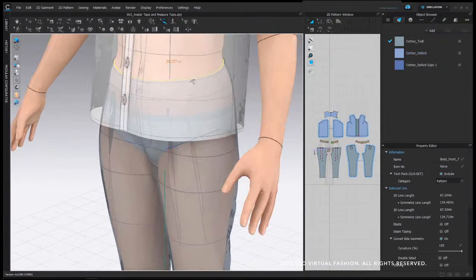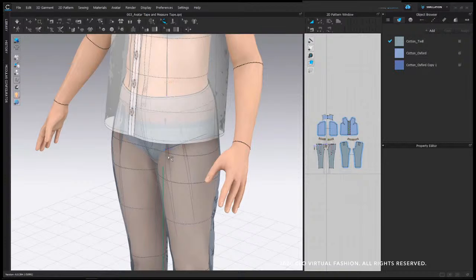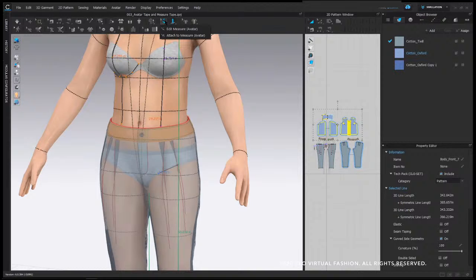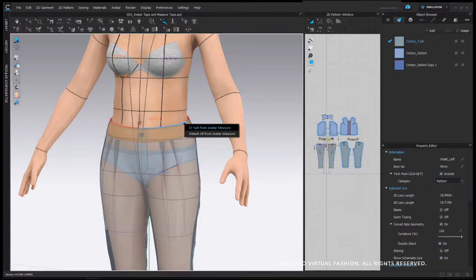So the last aspect that I'll show is how to detach things from your avatar tape. So previously I had attached my pant. And using the Edit Measure tool, if you right click on that area, you will find Detach from Avatar Measure or Detach All from Avatar Measure. So in order to disconnect the entire pant in one action, I'm going to click Detach All, because if I click just Detach from Avatar Measure, it's only going to get rid of that one connection on this one garment